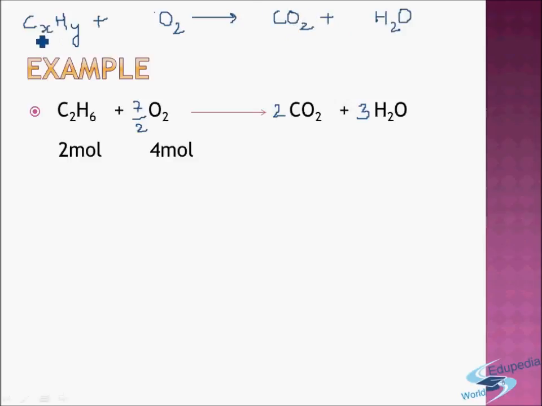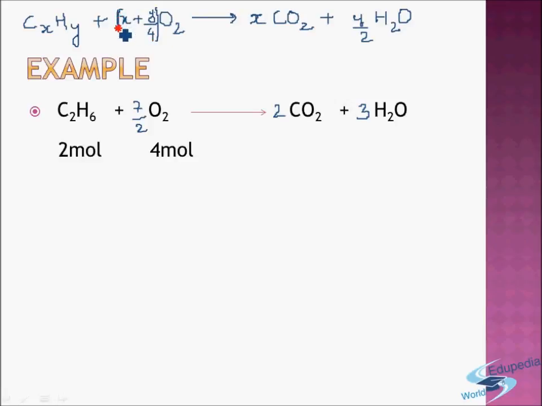If you want to balance this, we know that there are x atoms of carbon here, so the stoichiometric coefficient here will be x. And here y atoms of hydrogen are present, so the stoichiometric coefficient of water here should be y by 2, because y by 2 multiplied with 2 will give me y. So now I have x into 2, that is 2x, plus y by 2 into 1, that is 2x plus y by 2 atoms of oxygen on the right. So I need that many, 2x plus y by 2 atoms of oxygen on the left. So x plus y by 4.